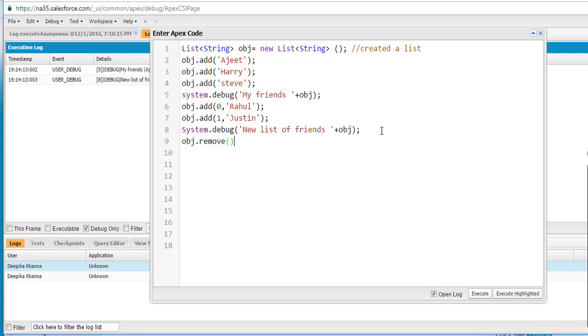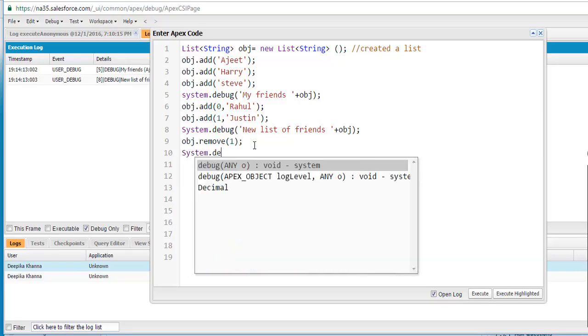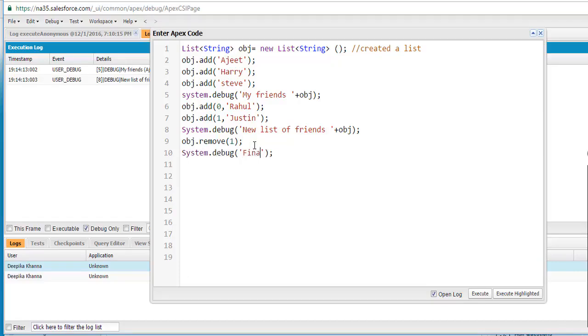So remove will go ahead and remove the particular element that you want to remove. So let's say I wanted to remove Justin, and Justin is at index of 1. So what will I say? I'll go ahead and remove Justin here, and then I'll go ahead and display my final list of friends here in which Justin will not be there. So I will say final